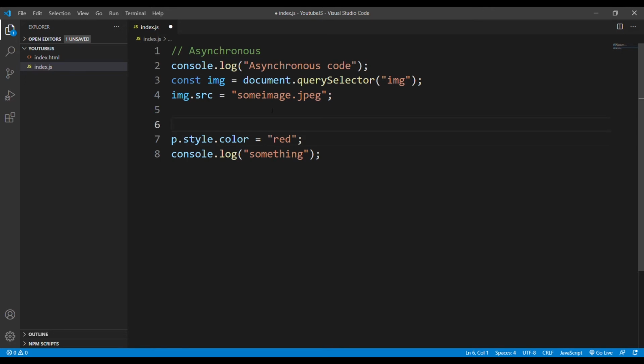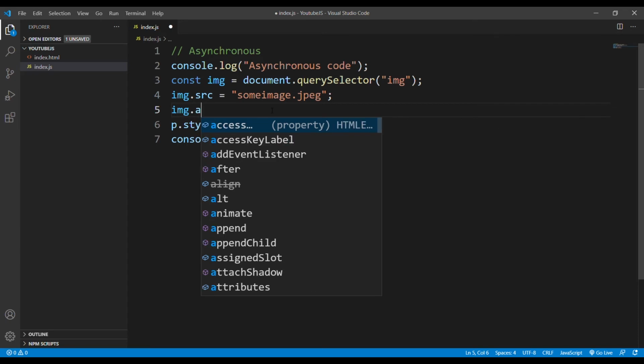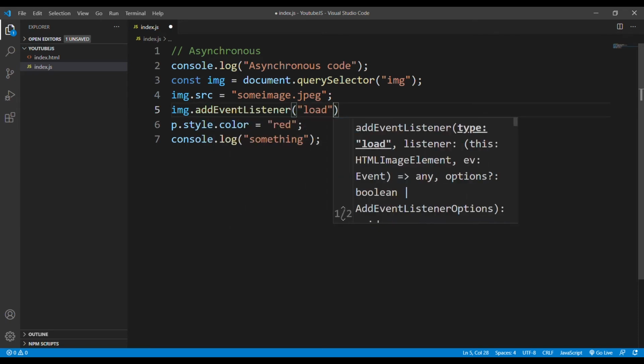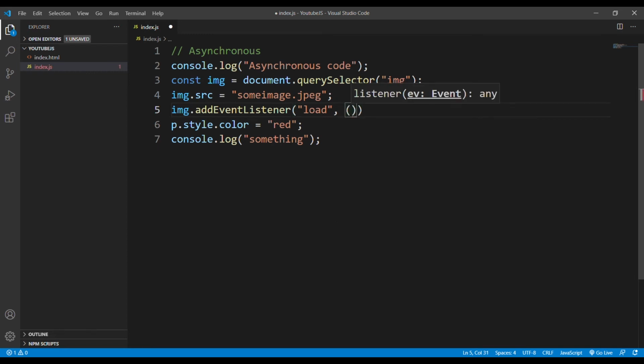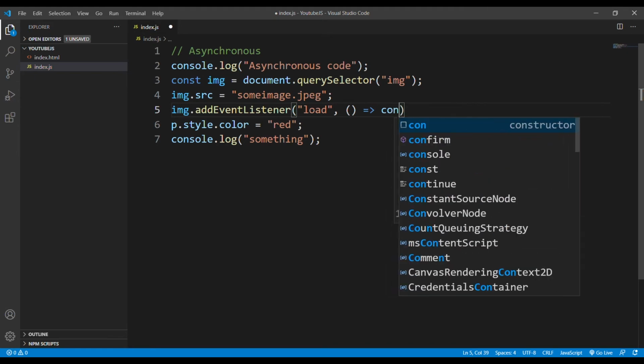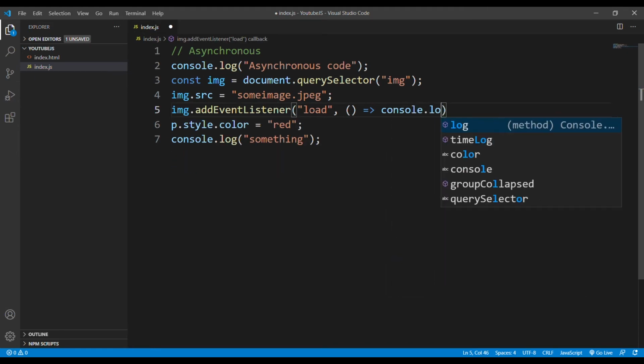And I want to listen for the load event, and here a callback is also passed. Let's say console.log image is loaded.